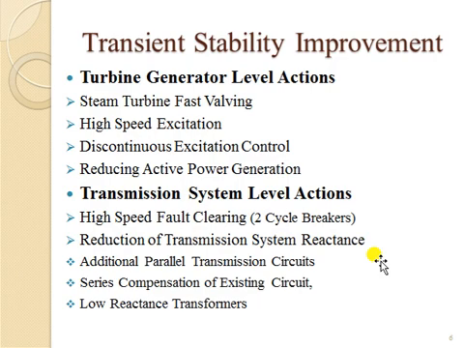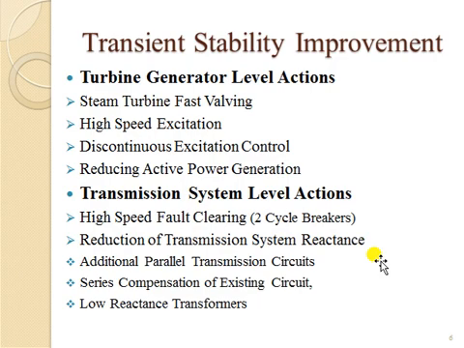Whenever a fault occurs in the system, your reactive power demand increases, because your protection systems take action in such a way that your active power demand decreases as loads are isolated, but your overall reactive power demand in the system increases. Now, a very basic concept: reactive power is related to voltage. Voltage in the generator is ultimately a function of the excitation system. So whenever a fault occurs, if you take proper action with the help of high speed excitation, your transient stability is improved.